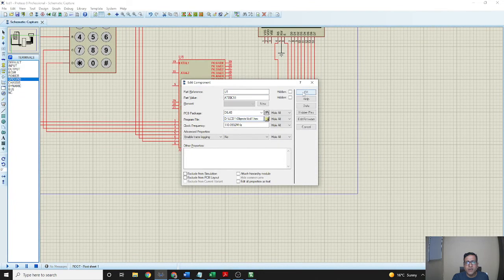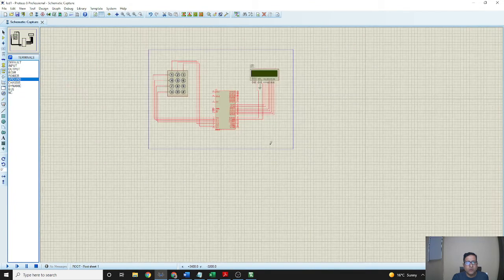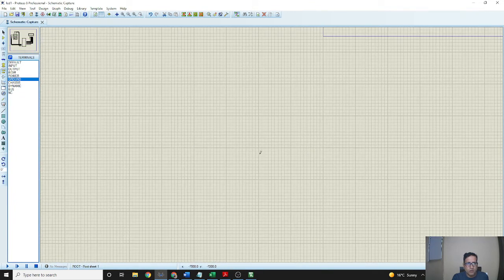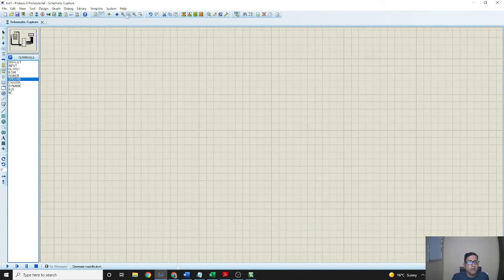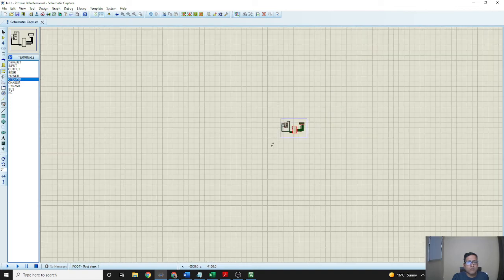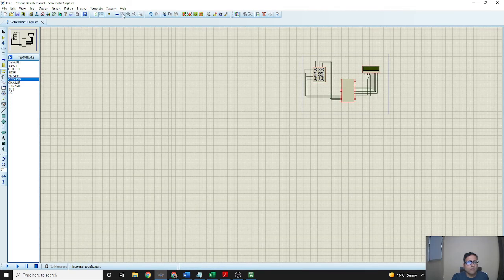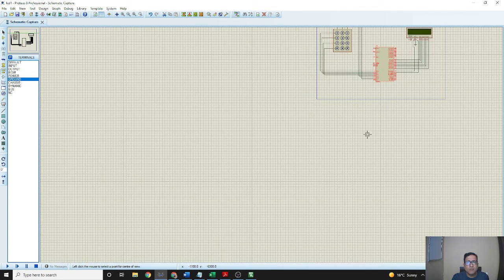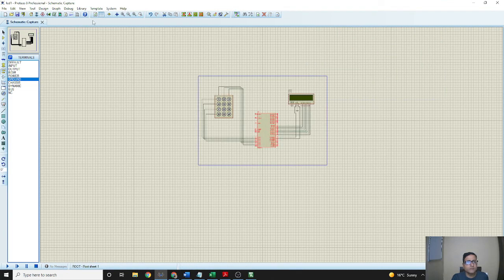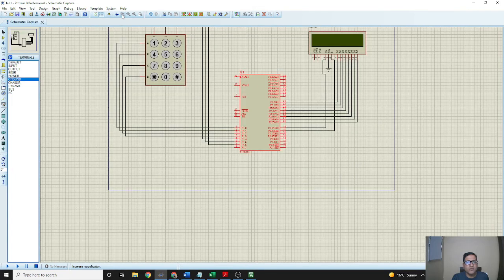Open it and OK. So now we will press the code. Firstly we will zoom it and now run it.